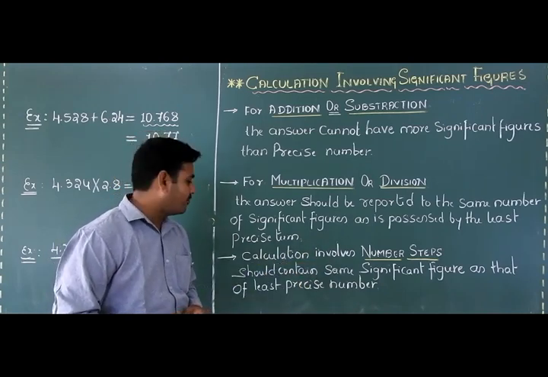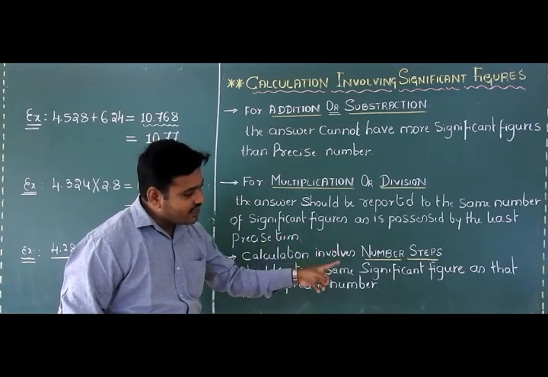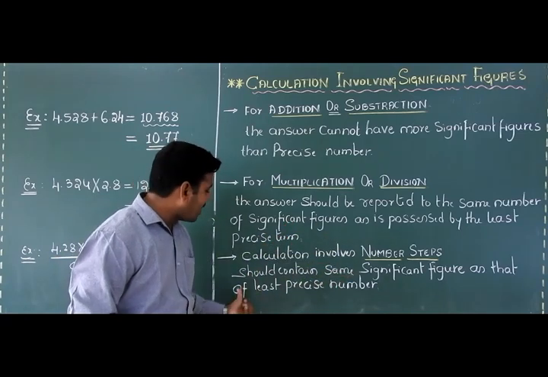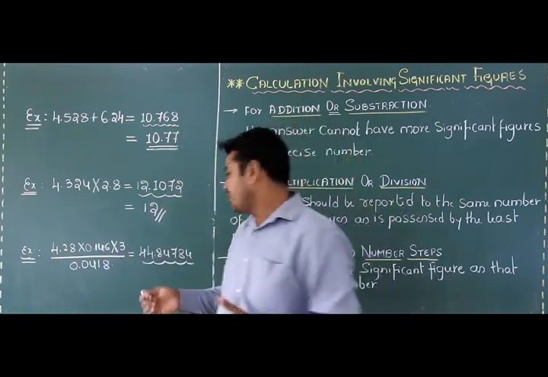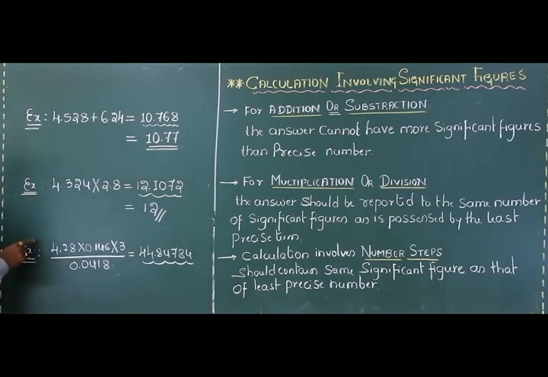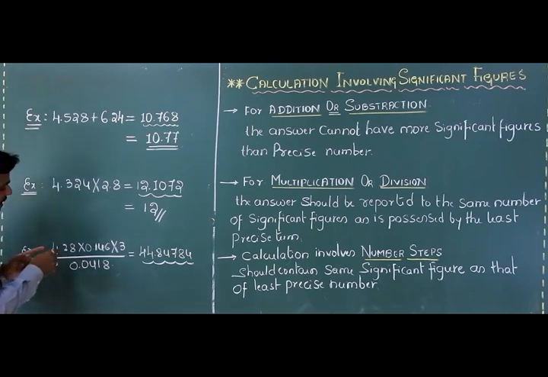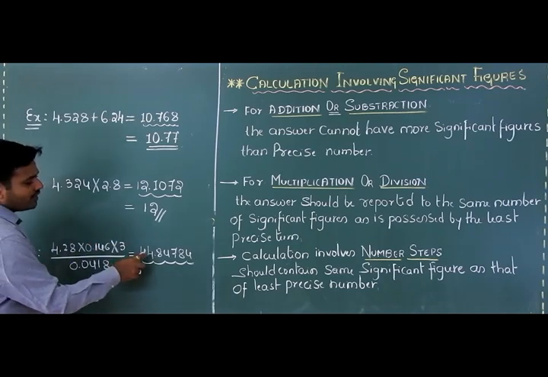Listen to this concept carefully. And for this third condition, the example is here. This example contains a series of steps, multiplication and division also. Okay, in such a condition, if we calculate this one, we will get the answer